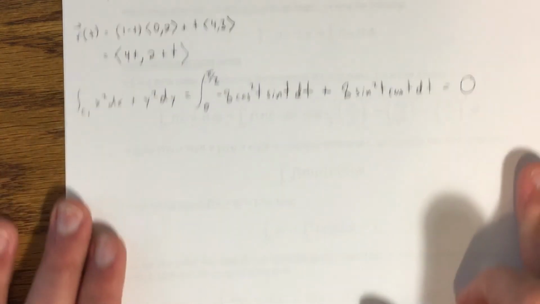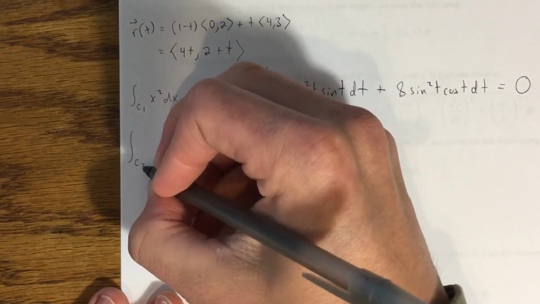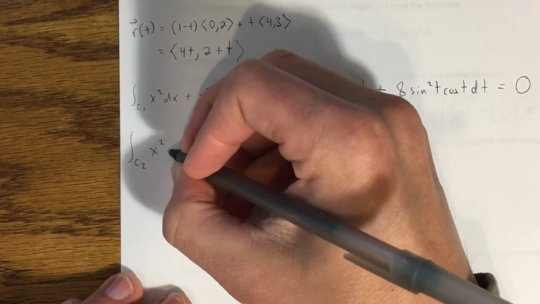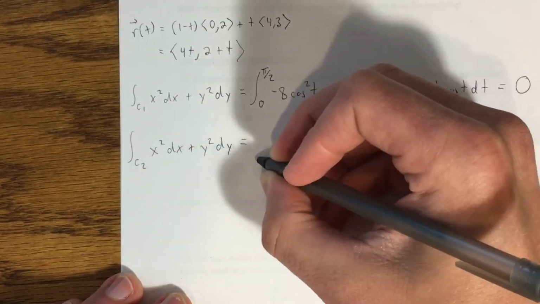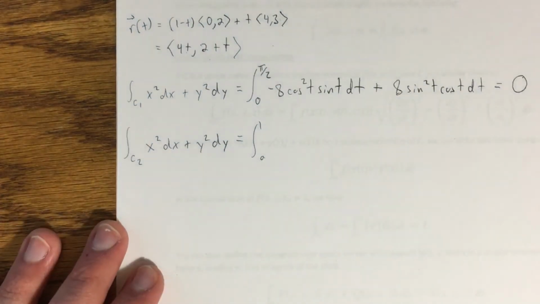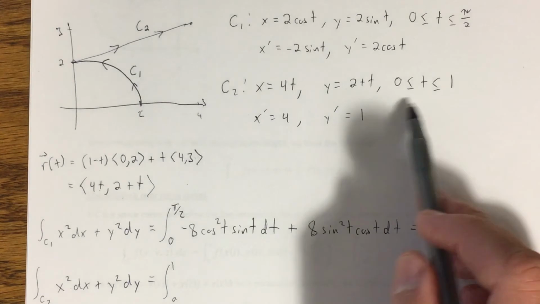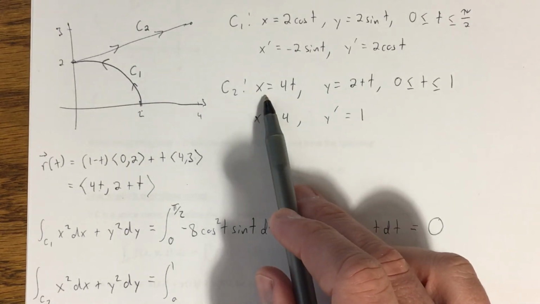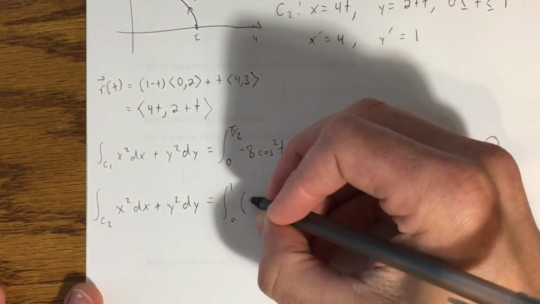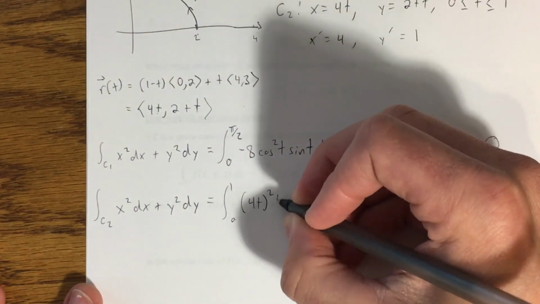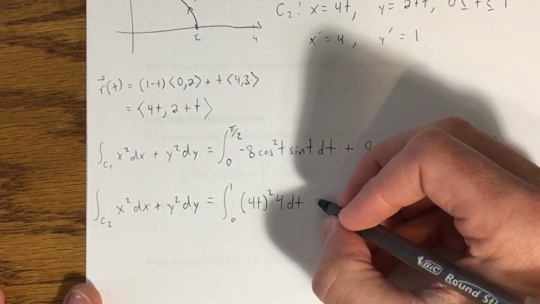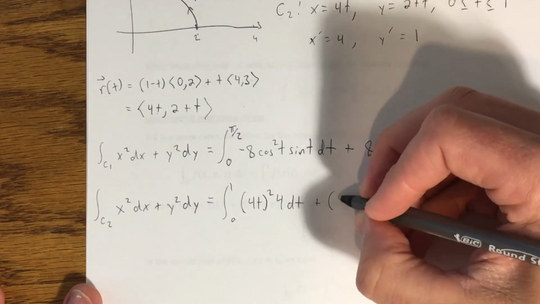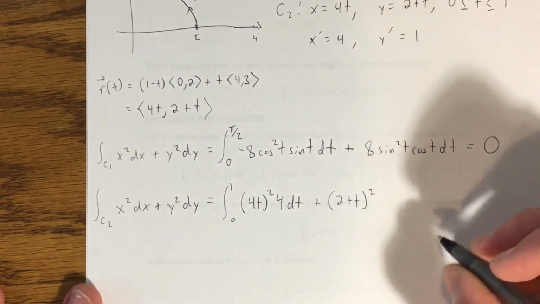Let's go to the second part of this, C2. I also need the integral of this second piece. So x squared dx plus y squared dy. This one, we integrate from 0 to 1, because again, there's our parametrization right there. X squared dx, that's going to look like 4t squared times 4. Then I have this dt here. Okay, plus y squared, this is 2 plus t squared times 1